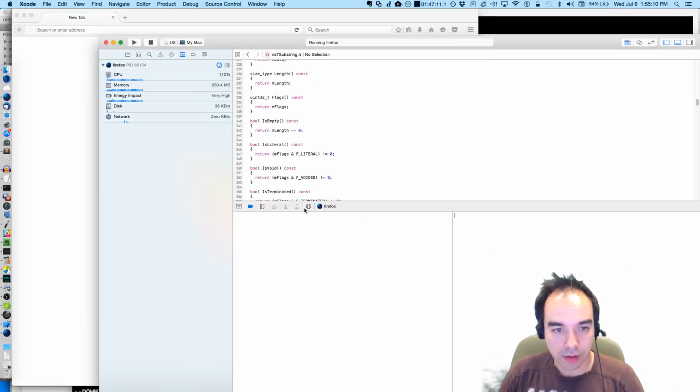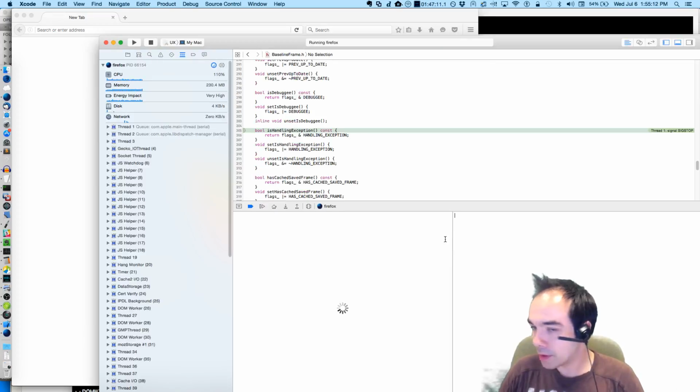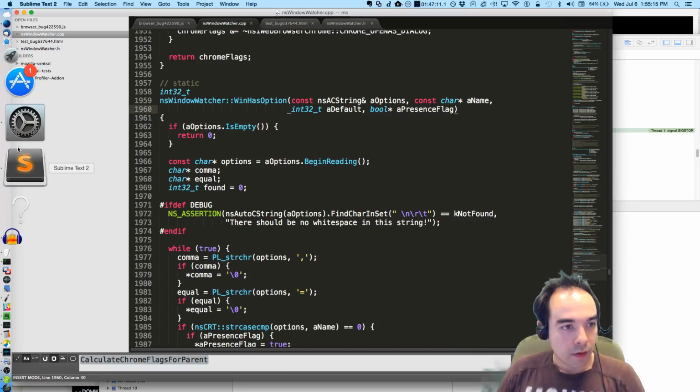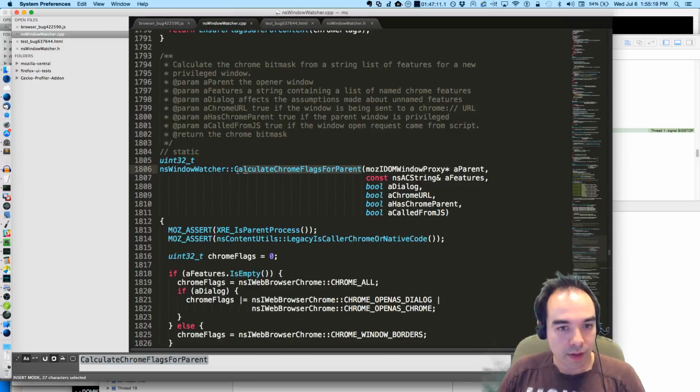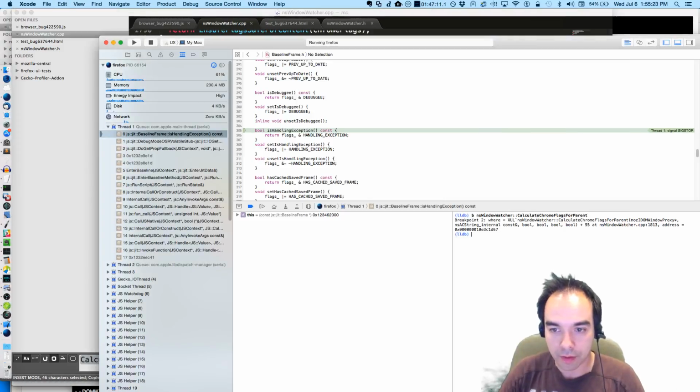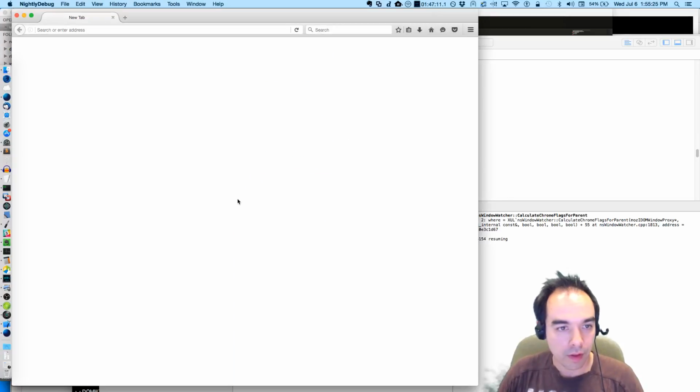Now I want to pause and add my breakpoint. The one I wanted to break on was calculate Chrome flags for parent. And we're going to run.